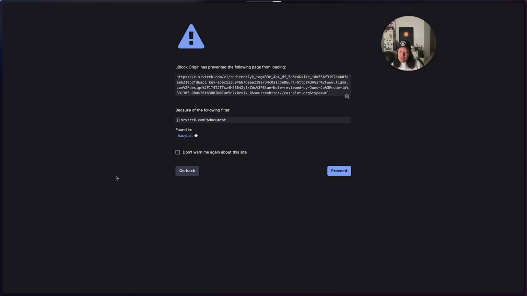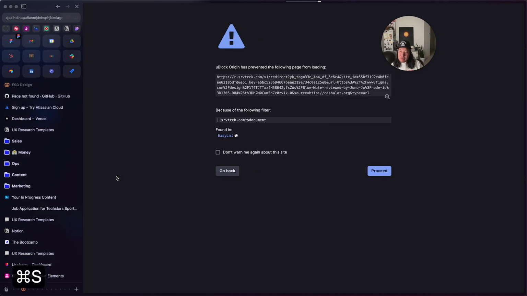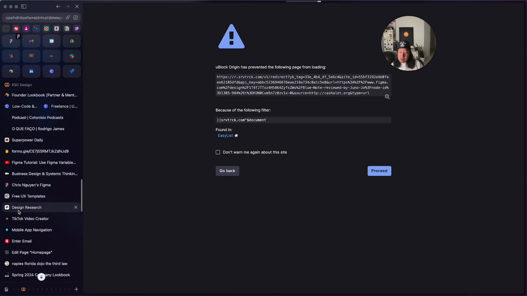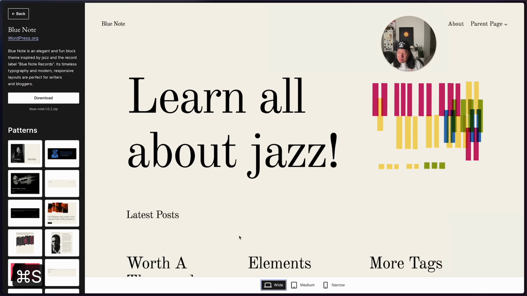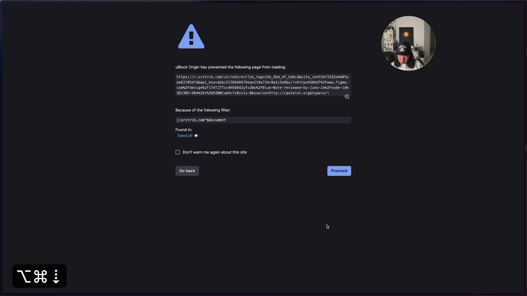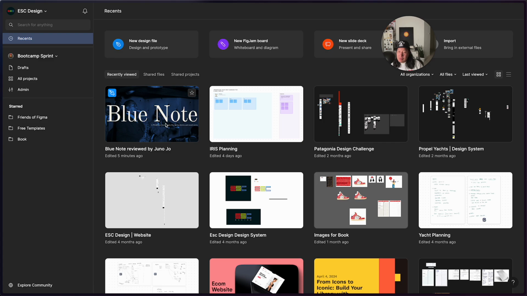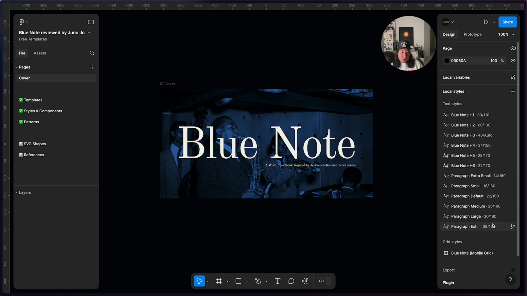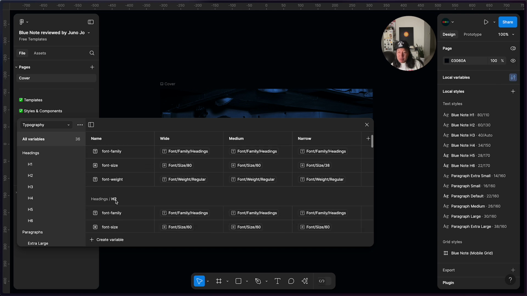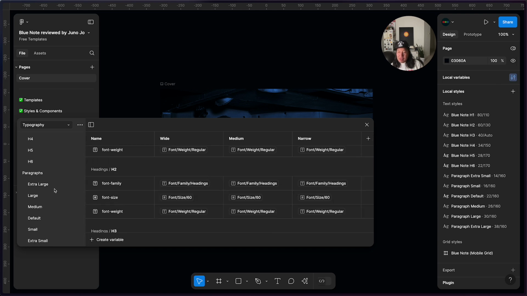My file just crashed. I don't know what happened, guys. Okay, Figma just crashed. Okay, so what we are supposed to do, a better job here maybe, is instead of using that,